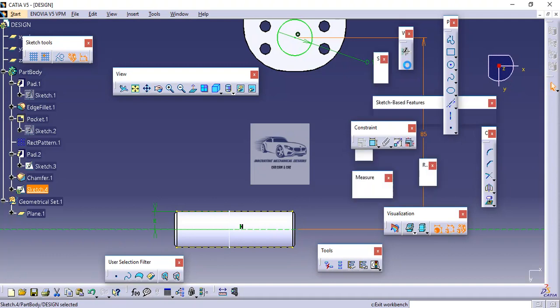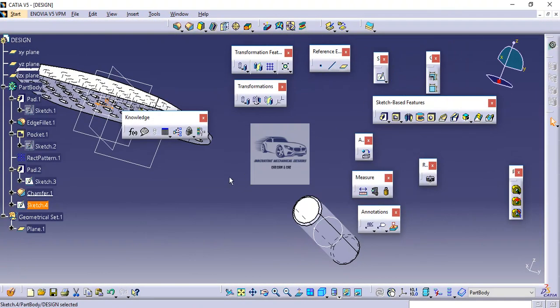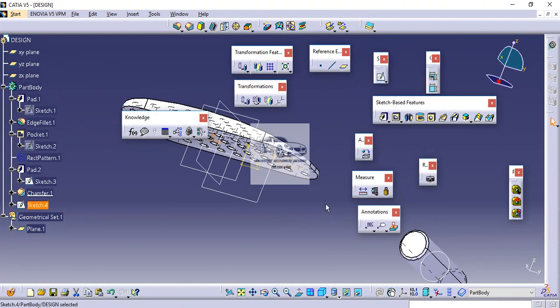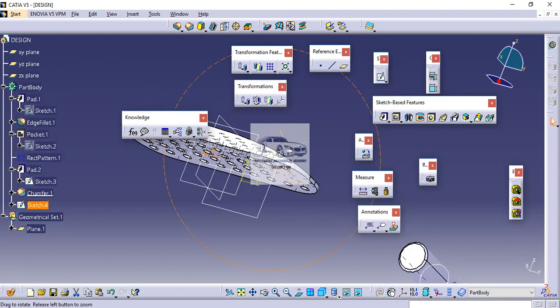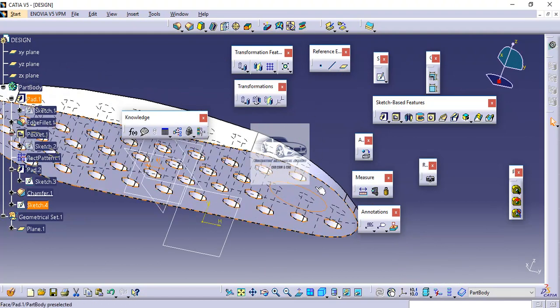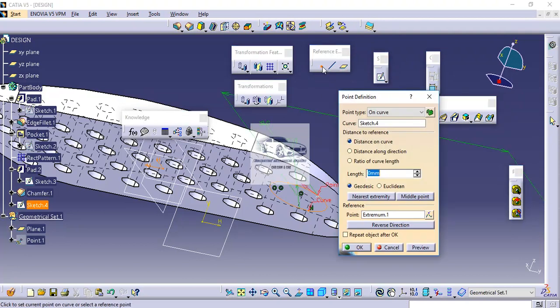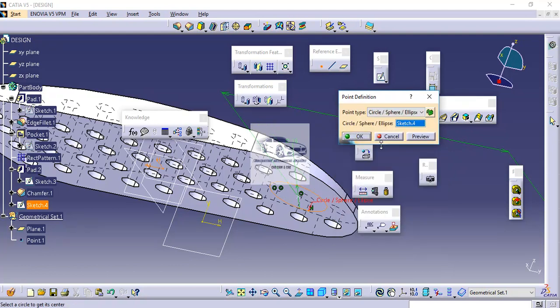Now in the next step I will create 2 points by taking the center reference of these two circles. So as you can see, this circle is already highlighted in orange, which means it is already selected. Now I will go to point command, and in point command I will select circle, sphere, ellipse center option.